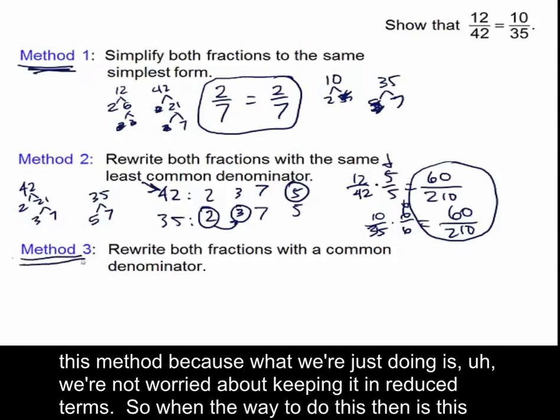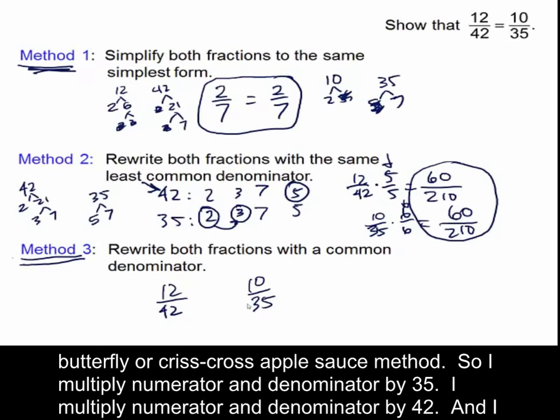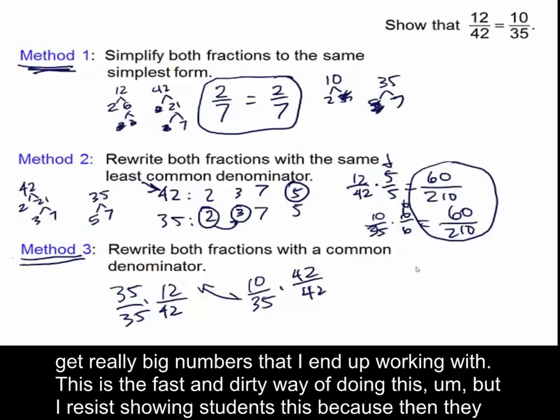I really don't like this method because what we're doing is not worrying about keeping it in reduced terms. The way to do this then is the butterfly or crisscross applesauce method. So I multiply numerator and denominator by 35. I multiply numerator and denominator by 42, and I get really big numbers that I end up working with. This is the fast and dirty way of doing this,